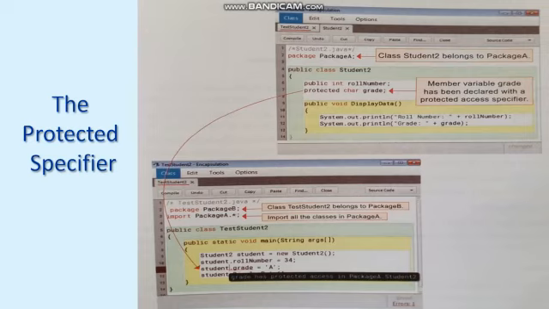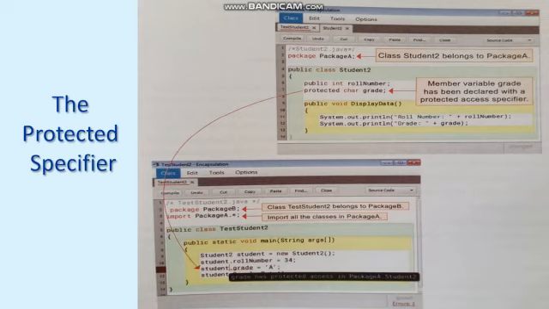The import student statement brings all the classes in package A into the teststudent2.java program. When you try to use the protected member variable grade of class student2 in class test2, BlueJ throws an error stating that grade has protected access in package A, student2, and therefore cannot be used in the class test2, that is test student2.